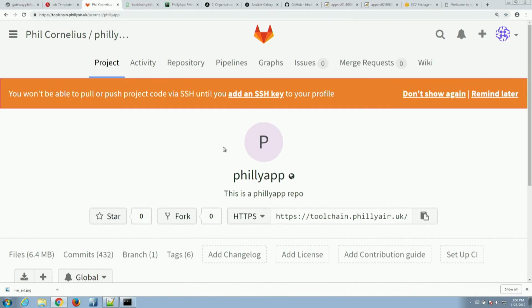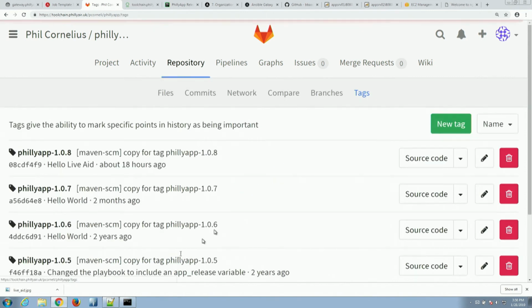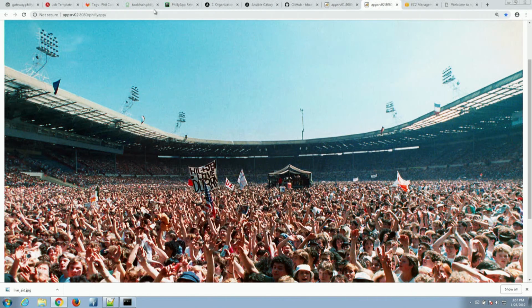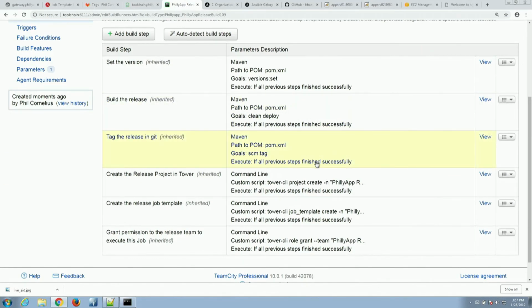Got a bit distracted. 3 minutes left. So in here, I've got Hello Live Aid. That was the last one that went into production, which is over here. And so when I run my job, the next thing it's going to do is create a project in Tower that is going to be aligned to that tag. And so it's going to take a job template to pull the playbook off that tagged version. And then it's going to grant permission to Bob. And Bob is in the release management group. Okay, so if I log in now as Bob,